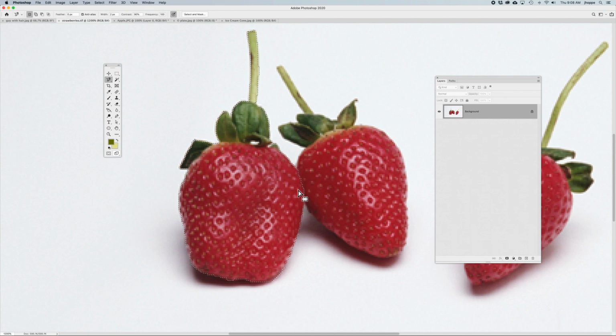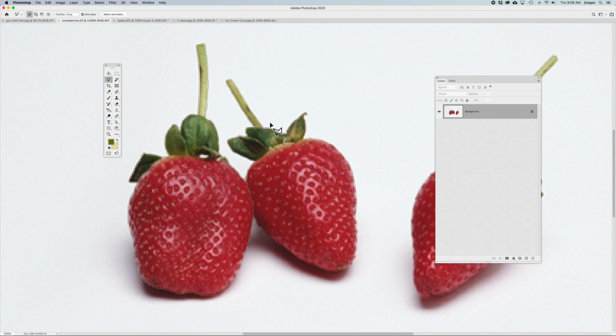Now, you are not limited to using that selection tool that you started with. You can use any combination of selection tools. So just because I used the magnetic lasso tool on this one doesn't mean I have to use the magnetic lasso tool on everything else. In fact, I'm going to switch over to my Polygon lasso tool, and I'm going to start putting a selection